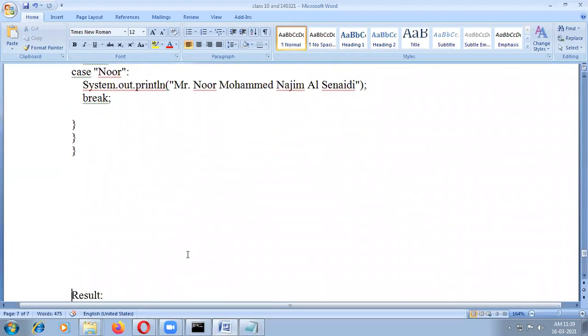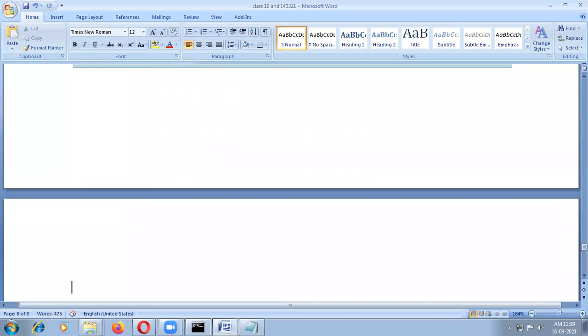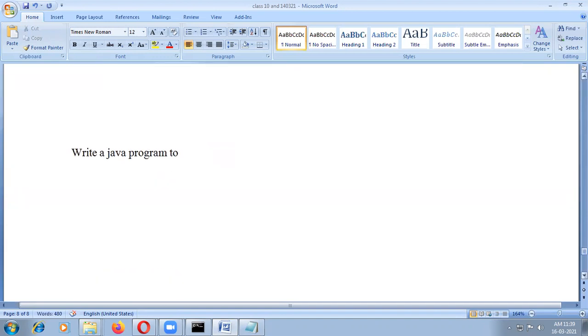Write a Java program to perform the following operation using a switch case statement.